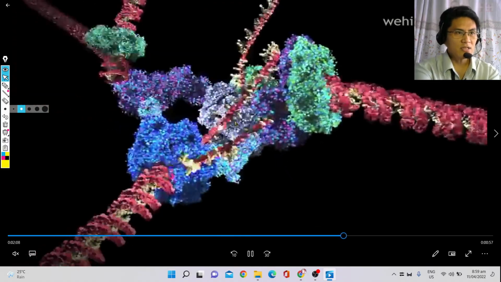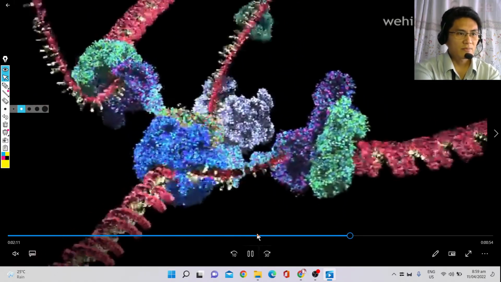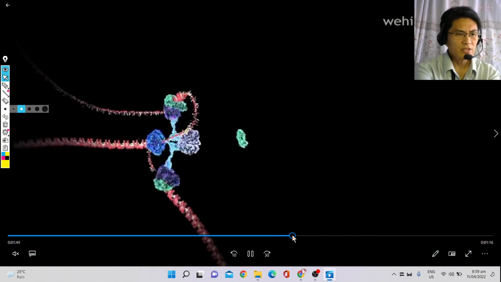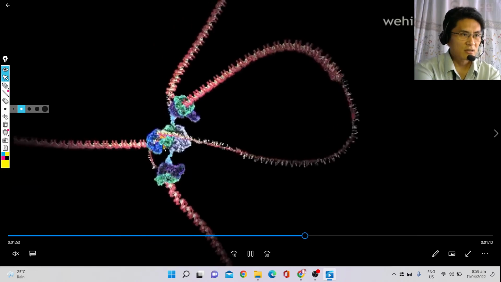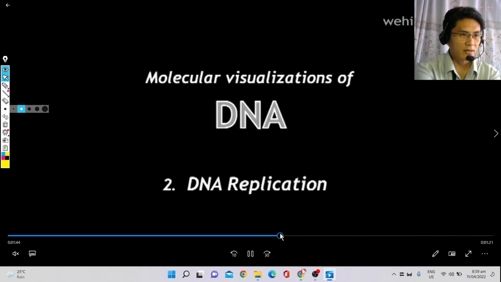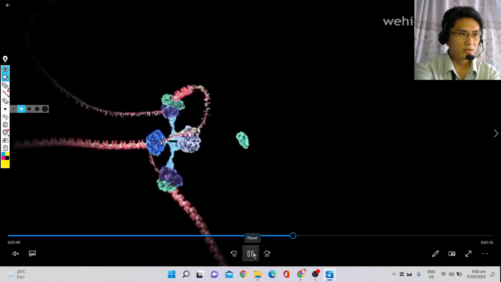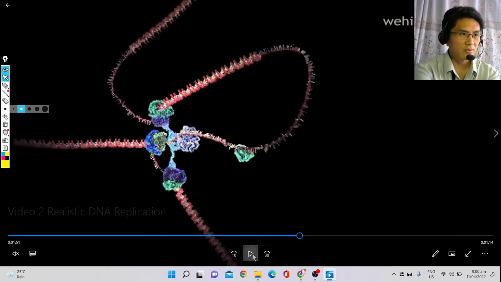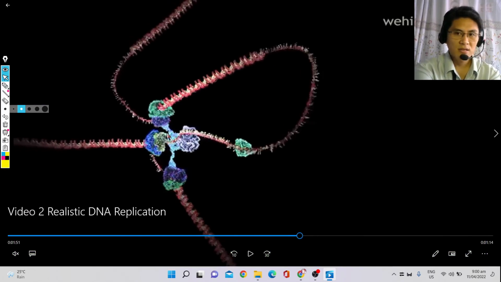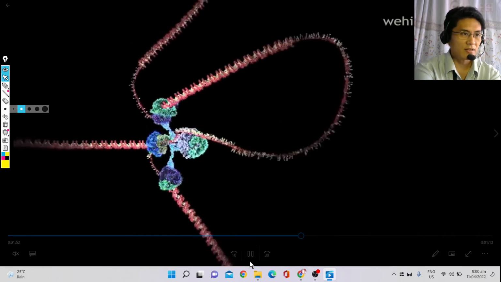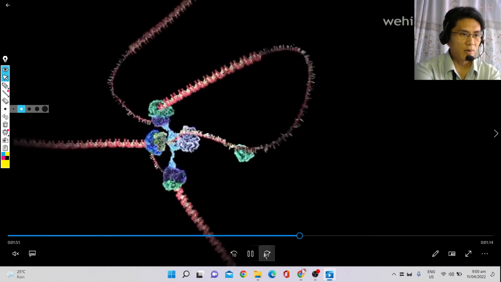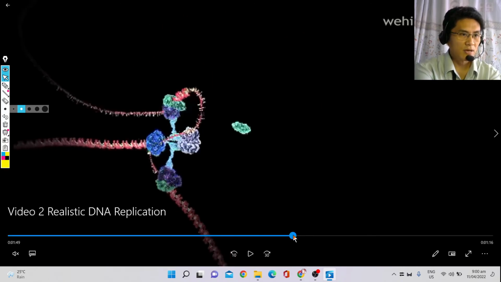See, do you see the green one? See this green one floating? And then it attaches here. Or not the green one, but the blue-green one. So you notice this one, this here? It attaches like that. Before it was not there. So 1, 2, 3, go. There, it attaches. I suspect that's a primase because